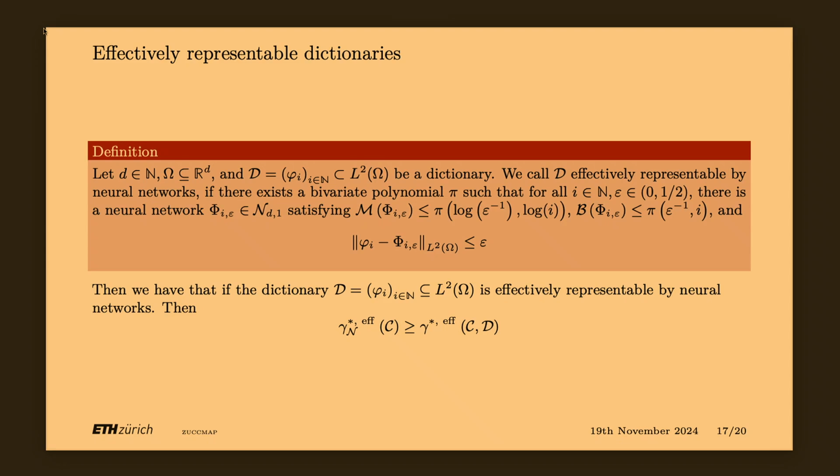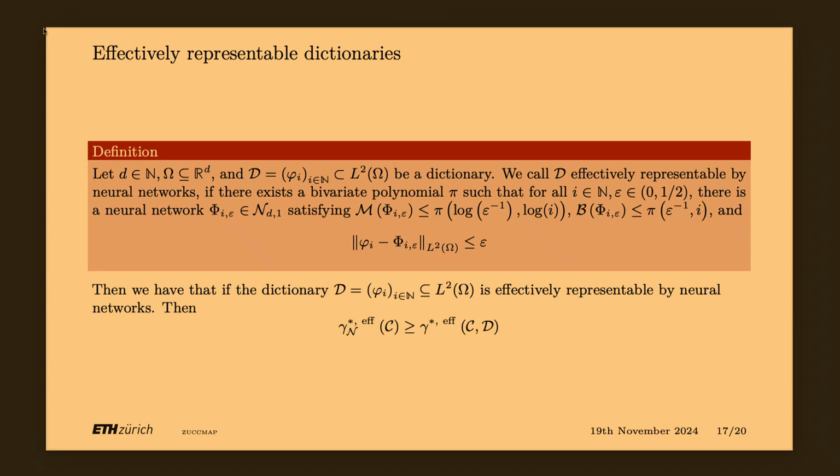Behaving properly is a very short way of referring to all those conditions. So you see that the connectivity has to scale at most polylogarithmically in the error and things like that. But anyway, you can just think of it as: for every element in the dictionary, there exists a neural network that approximates the element quite well. Now, you have this, and you know the dictionaries that are optimal with respect to the function classes. So maybe the idea is that you could actually use those two things together.